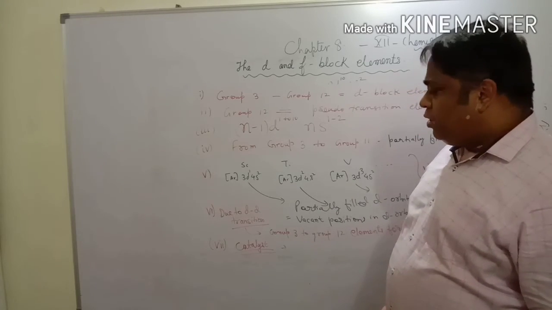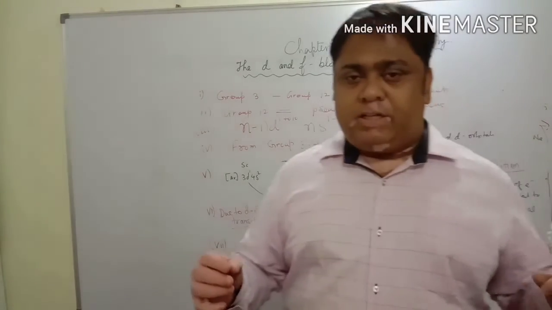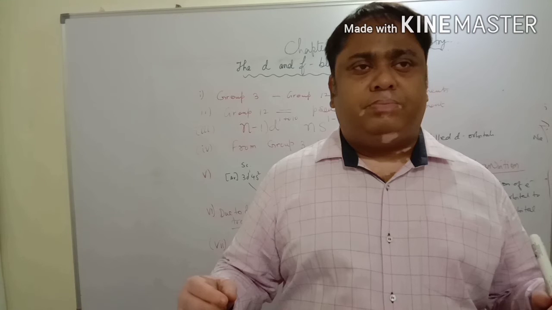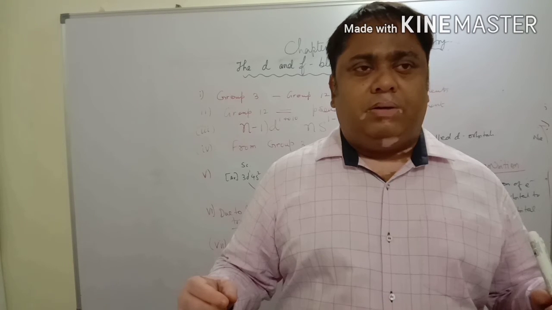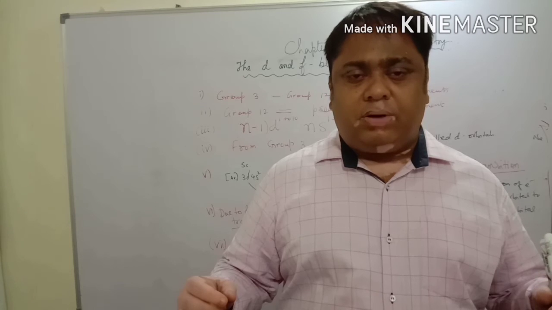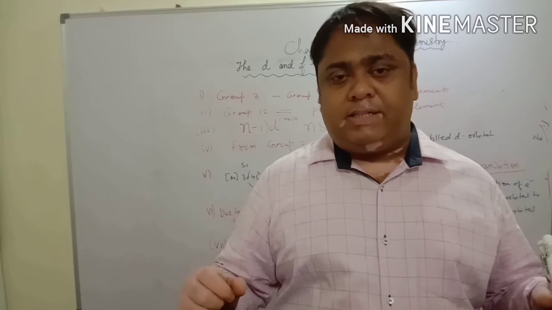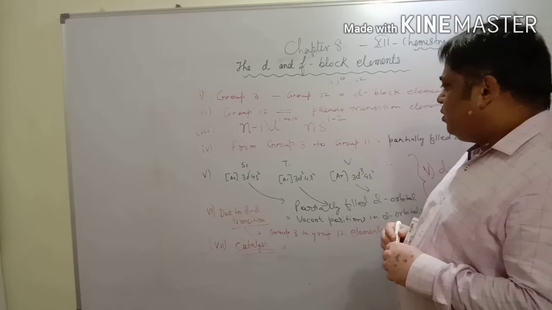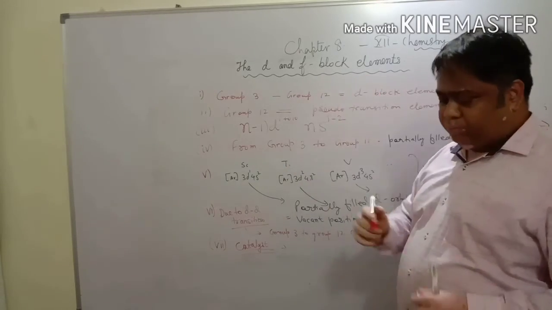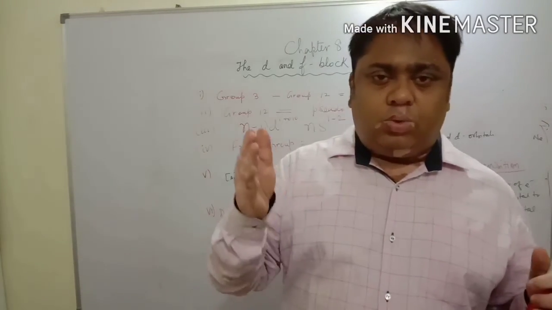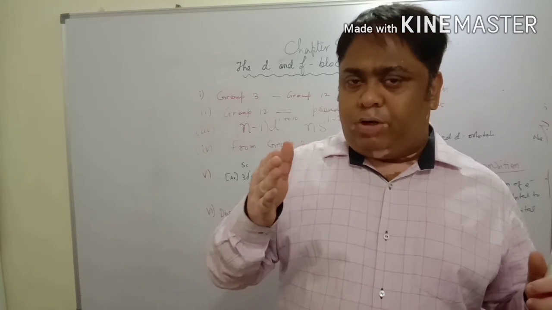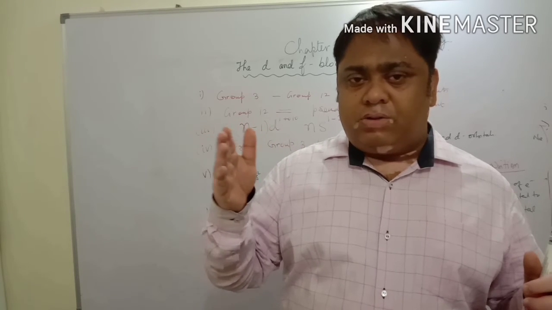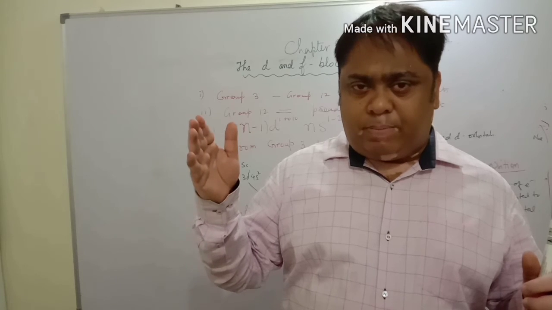We will see a little bit more about its variation of melting point, its variation of the metallic strength, its variation of ability to form complexes, and its variation of atomic size. If you see the electronic configuration from scandium to zinc, you will find d1, d2, d3, d4, d5, up to d5, what is happening? The electrons are singly filled. So when electrons are singly filled, they are paramagnetic,